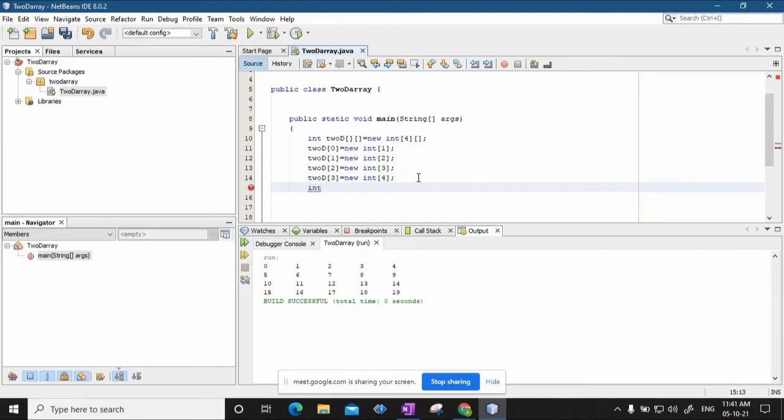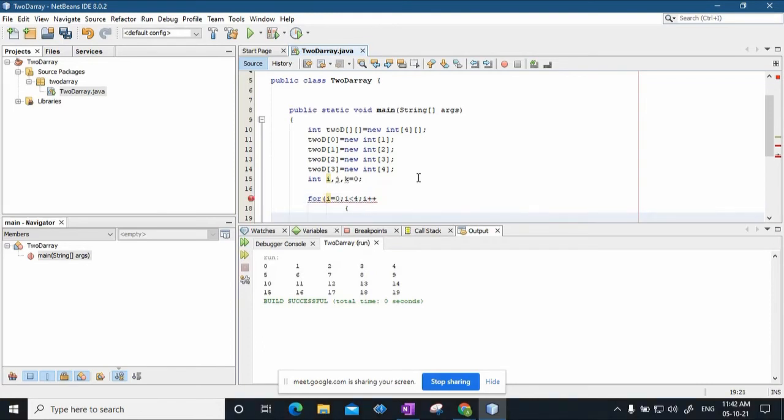I will declare int i, j, k all equal to 0. Now I will have my for loop where I will be inserting elements in the array. For i equal to 0, i less than the number of rows, that is 4, i plus plus.